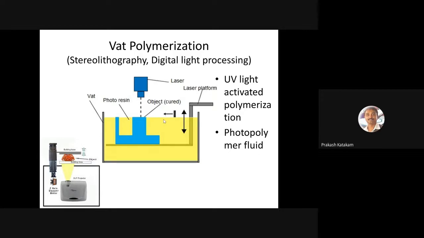So the tub containing resin material, depending on the design, comes down slowly layer by layer, and each layer is cured by UV light or DLP light. You can see in the bottom left side, the material is coming down slowly. Once the material gets solidified, it attaches to the previous layer, and it finally forms an object that looks like it is coming out from a liquid.